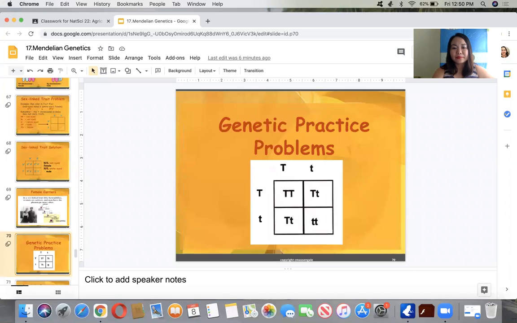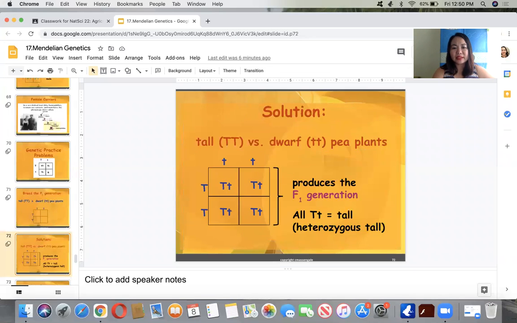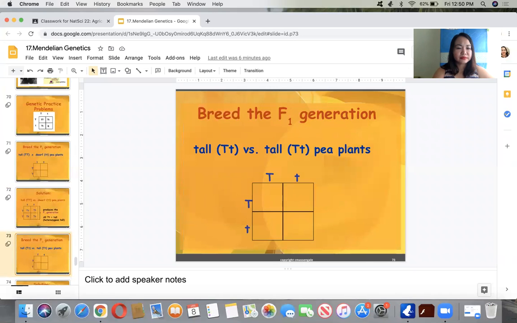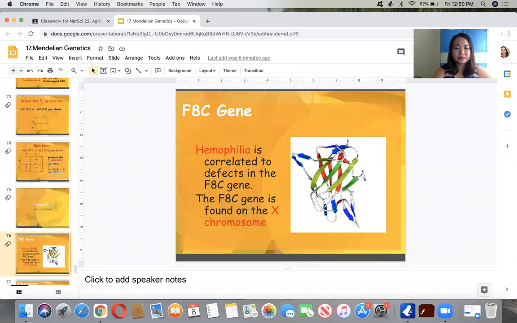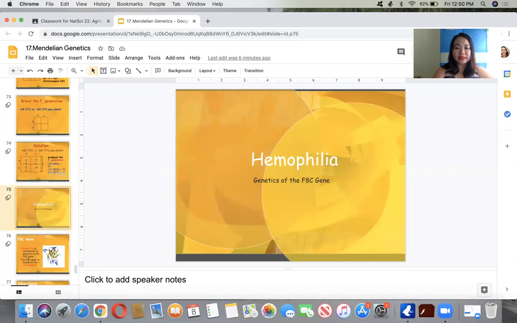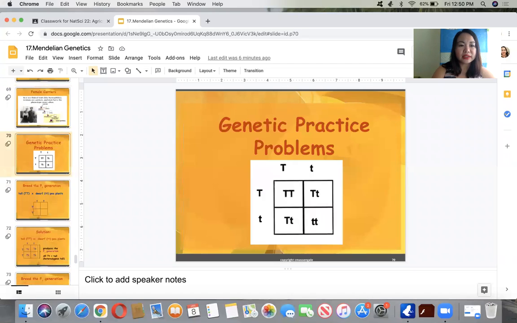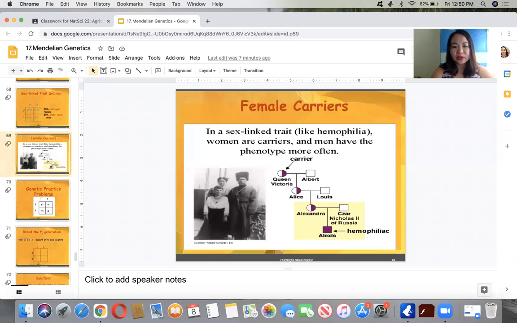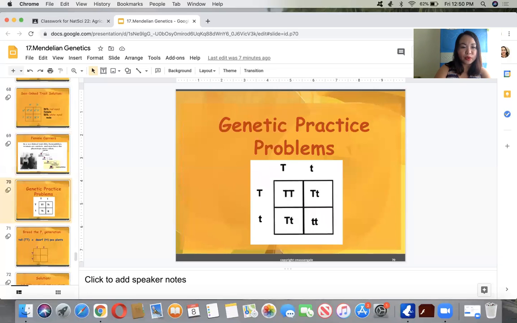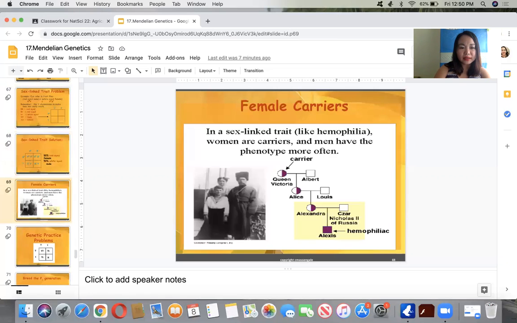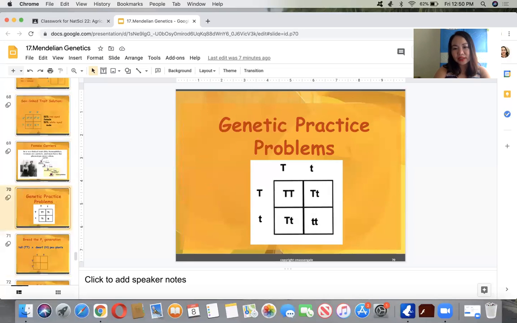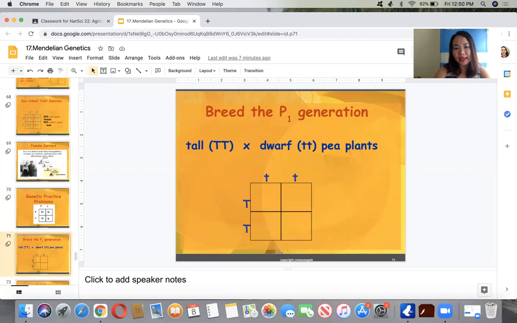So when we say hemophilia, this is the genetics of the FHC gene. But before that, I have here some genetic problem solutions. There was just a mix up of my presentation. So before we proceed with the hemophilia trait, you can try genetic practice problems between tall and